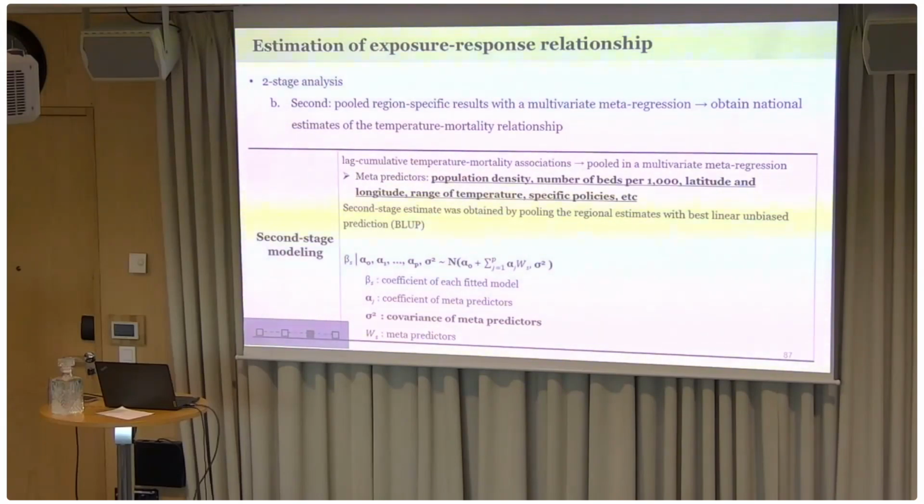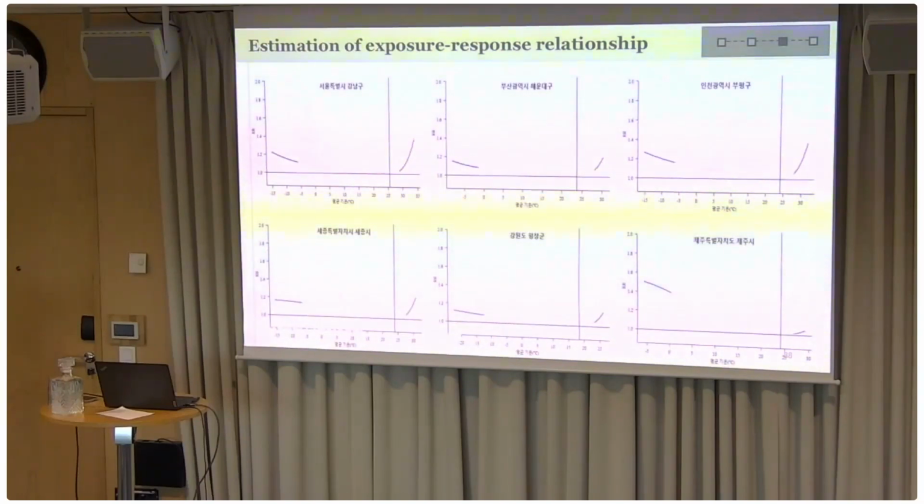So after running this second model, as you can see, all the dose response curves are somewhat different depending on the location after adjusting the effect of policies. So these are some examples of the specific regions. In this case, you see high temperature effect over there and a little bit slow effect over there. Interestingly, this is the most southern, hottest place, but they're well adjusted for high temperature. This is the northern part, but they are less prepared, I think, in this case.